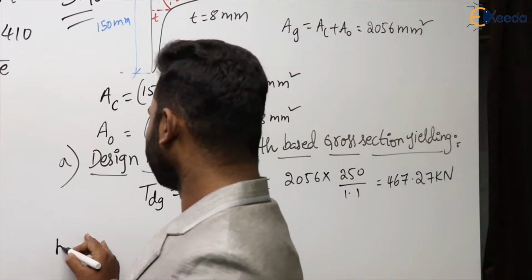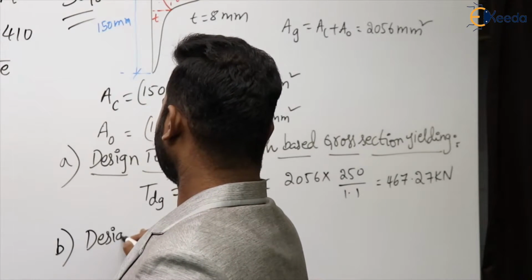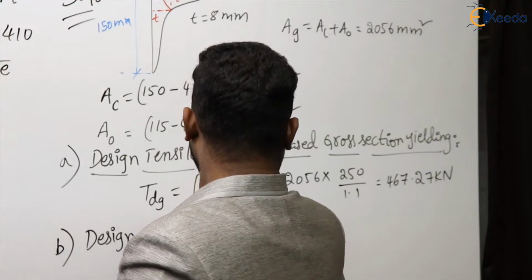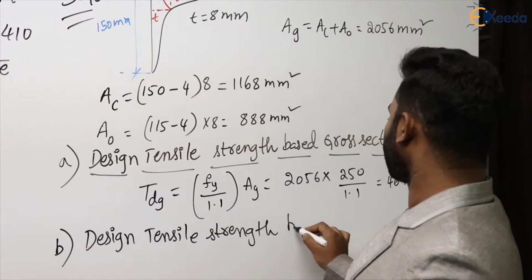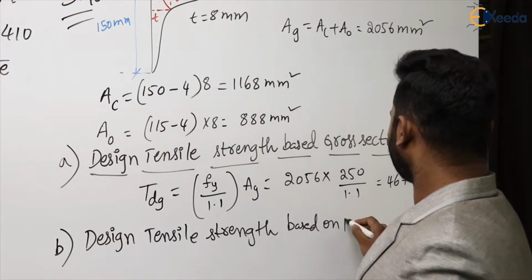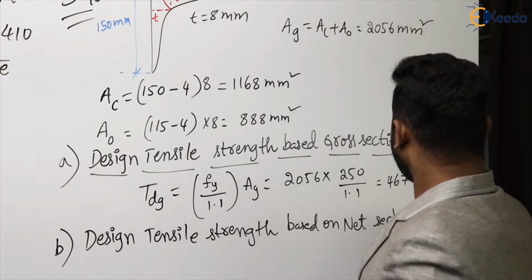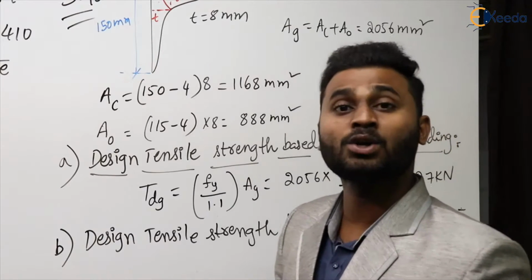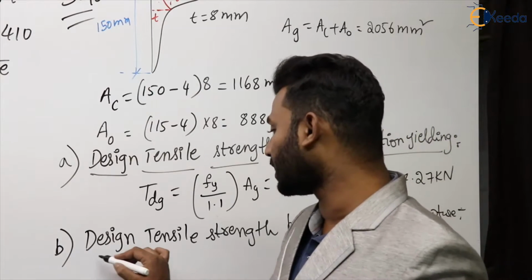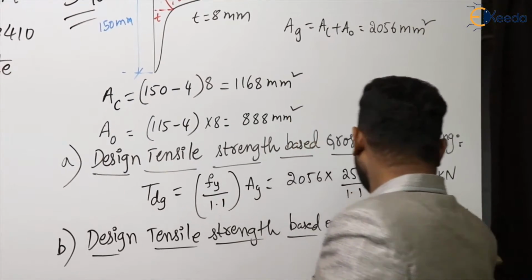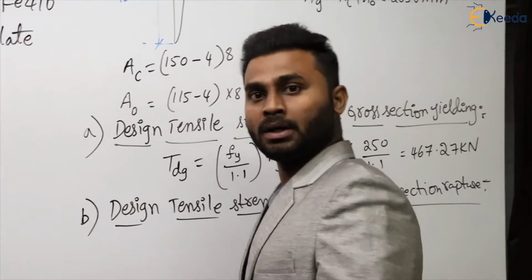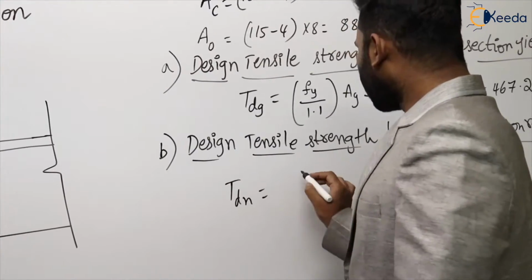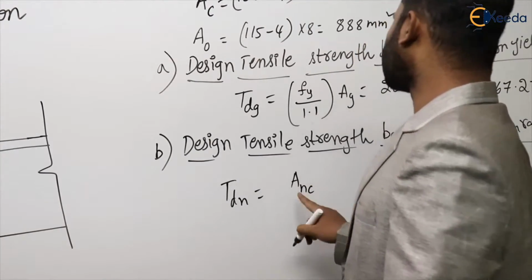Now next, let us calculate the design tensile strength based on net section rupture. Okay, design tensile strength based on net section rupture. So what is the formula for an angle to calculate design tensile strength in net section rupture? Come on, tell me, what is the formula? Think or recollect. So TDN is equal to,